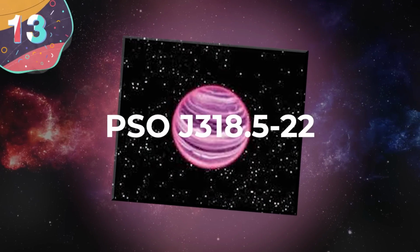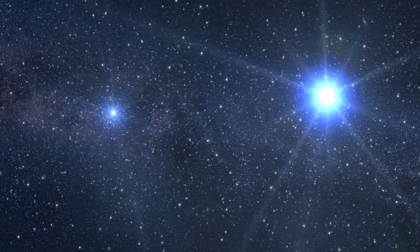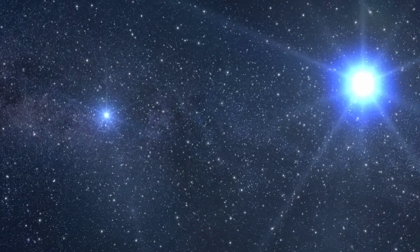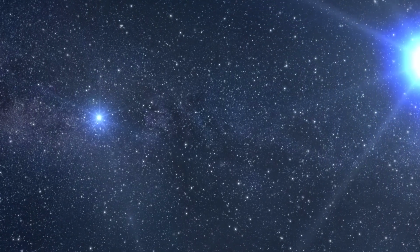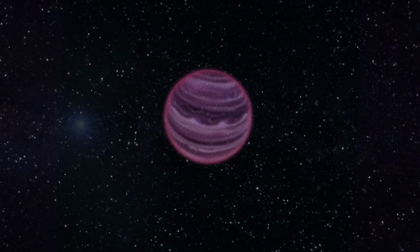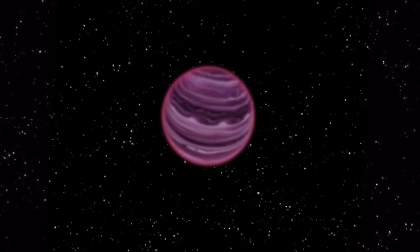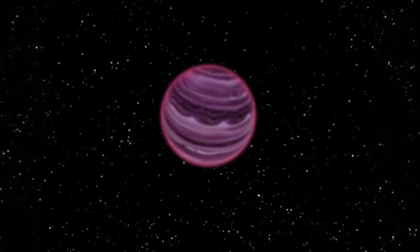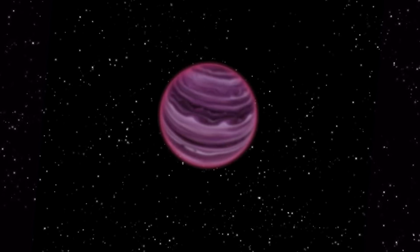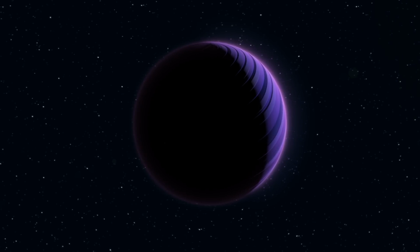PSO J318.5-22. In the vast expanse of our universe, celestial objects often challenge everything we think we know about planetary systems, and one such entity is PSO J318.5-22. This fascinating free-floating planet, discovered in 2013, defies definitions of planets and orbits, making it a captivating subject of